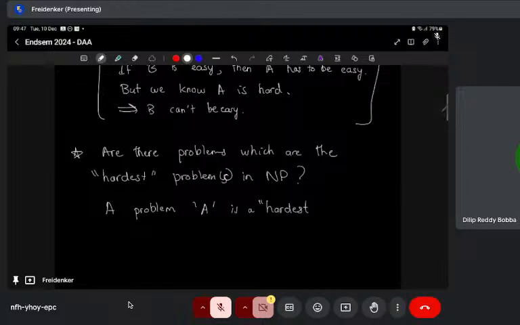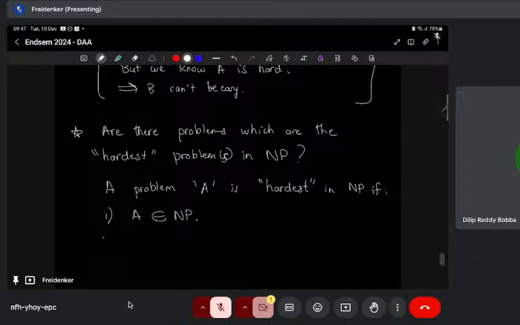We'll forget English for a while. A problem A is hardest in NP if two conditions are satisfied. The first condition is that A has to be in NP. The other condition is